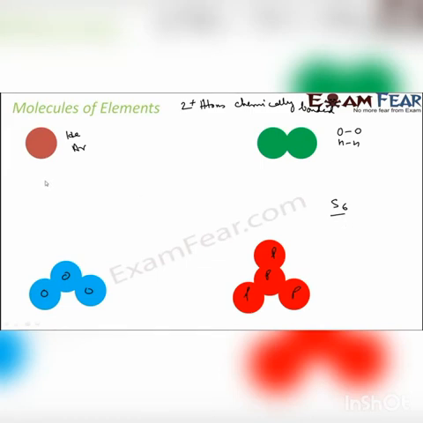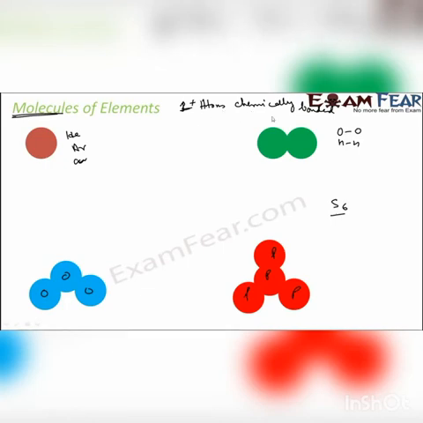For a single atom, you can have ions also. You can have charge, but let's talk about molecules. We're not talking about ions now. So these are examples. Copper is also one example. So molecules are two or more atoms, or sometimes one atom, combined chemically.